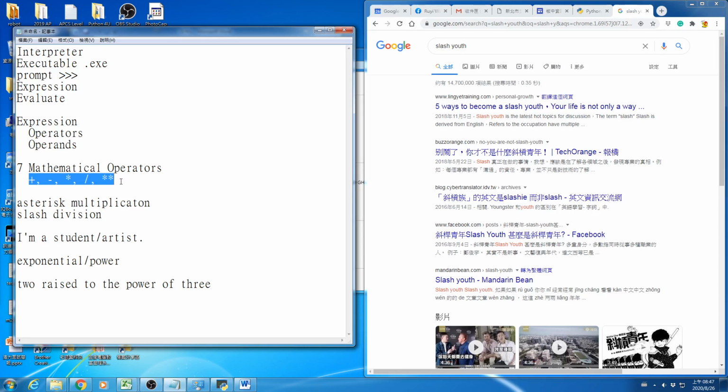And the other 2 of them are actually double slashes and a percentage sign. I'm going to show you what that means later, not for now, okay? Later, I will show you the rest of these 7, which are the 2 of them here. And I'm going to show you how to use these